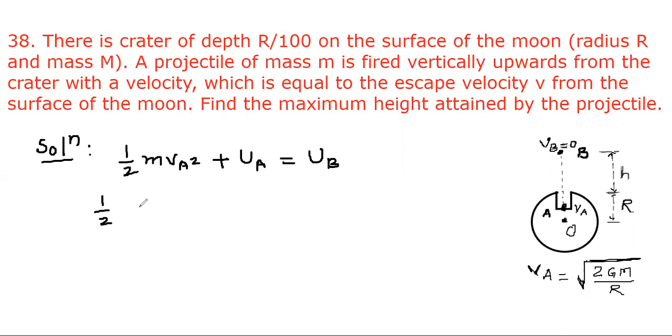Or 1 by 2 m VA square equals UB minus UA, or we can further write 1 by 2 m, and VA is given as the square root of 2GM upon R, so when squared it will give 2GM